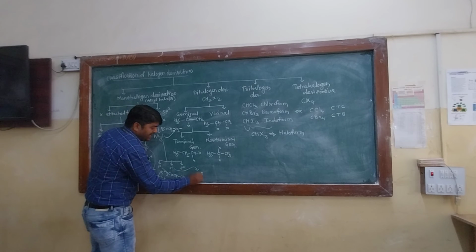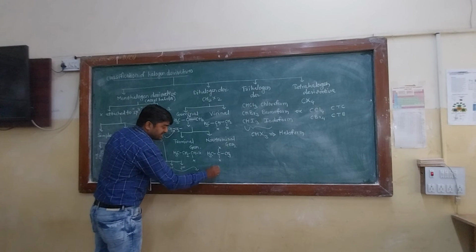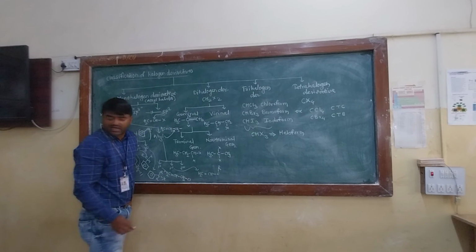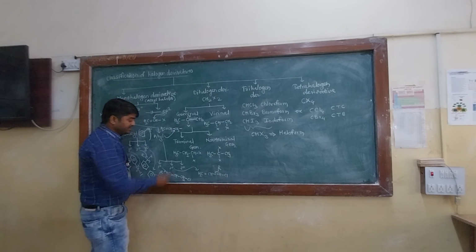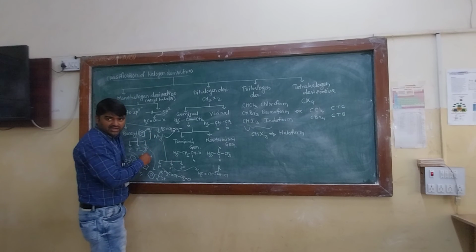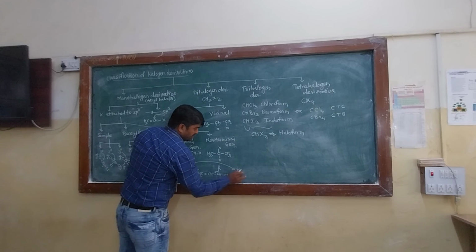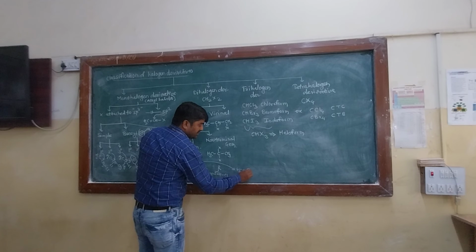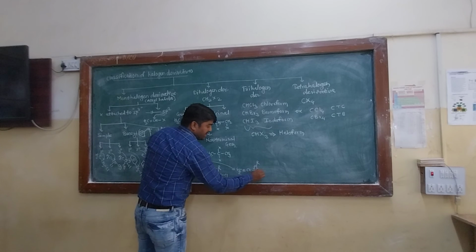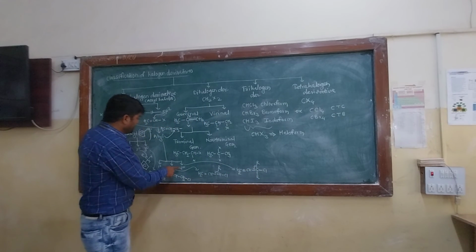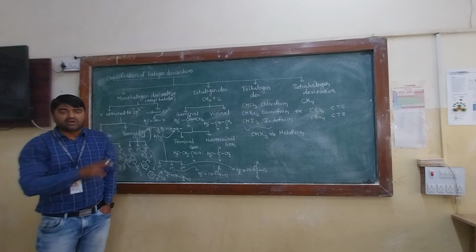What is the example of secondary allyl? So CH2=CH, then this carbon is the allyl carbon. It is secondary because it is attached to two other carbon atoms. Then here is the halogen. So it is called a secondary allyl monohalogen derivative. And the third example is CH2=CH, then a carbon with CH3, R and R. Now this is the tertiary carbon atom and here is the halogen. So this is the example of a tertiary allyl monohalogen derivative.